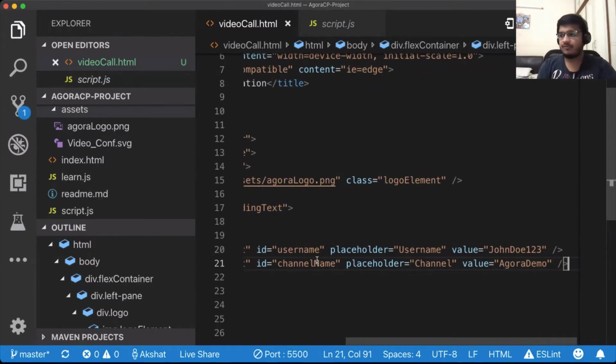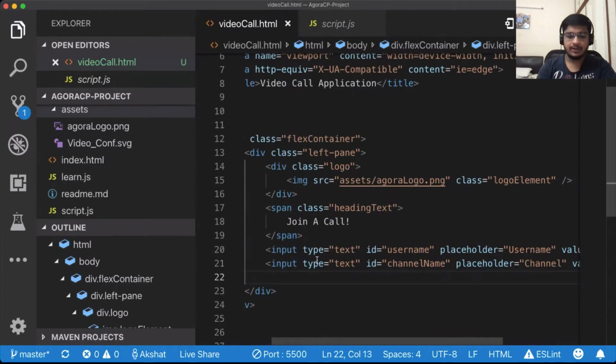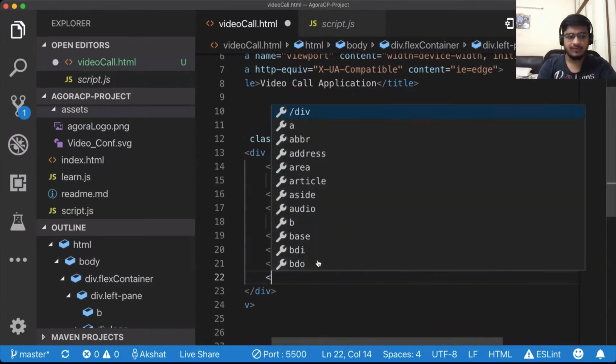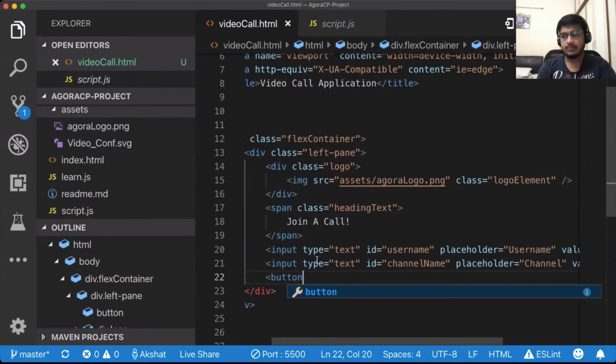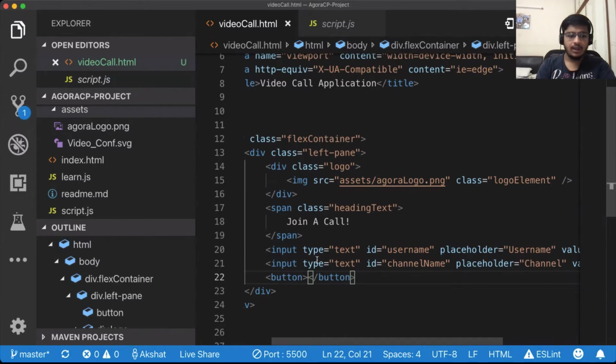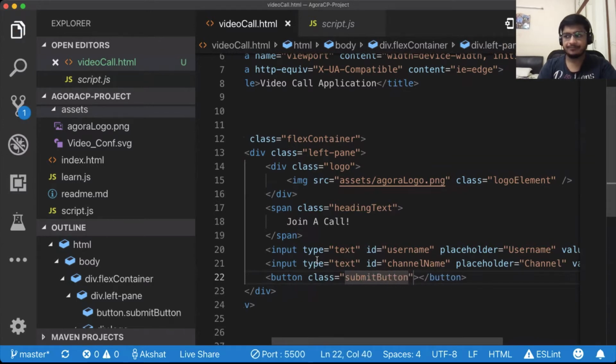Now that we have two inputs, we also need a button to submit whatever we have done. Otherwise, it's pretty much useless. So you can either use on clicks or you can make it a submit button. For now, we'll use on clicks to realize through JavaScript if the button has been clicked or not and if the form had been filled. So let's just call it submit button, and we give it an ID called join.